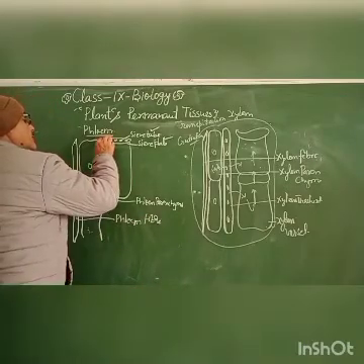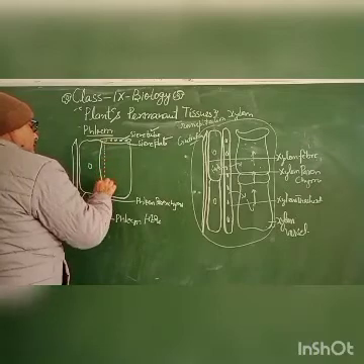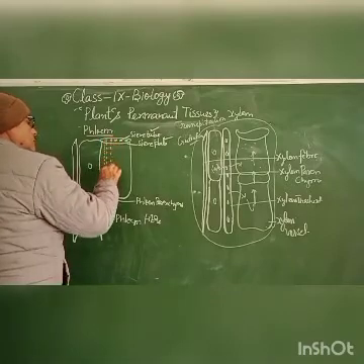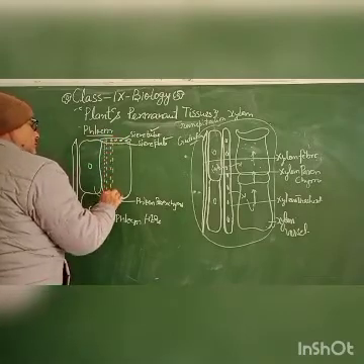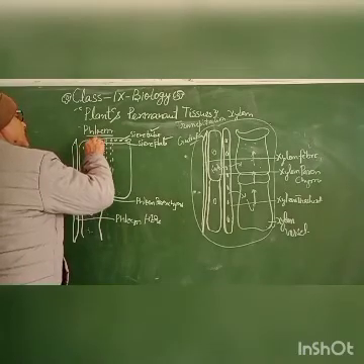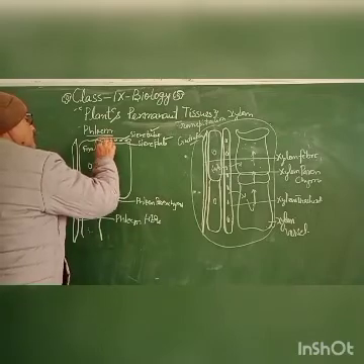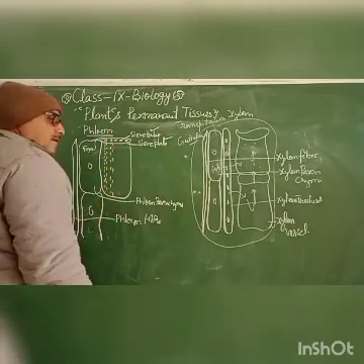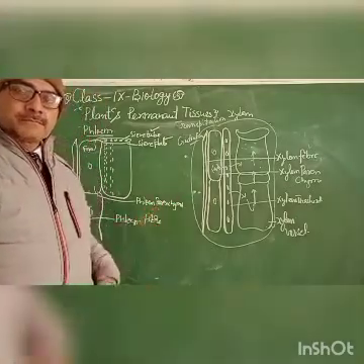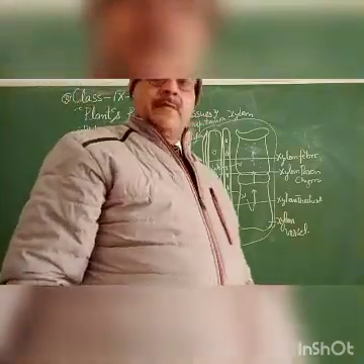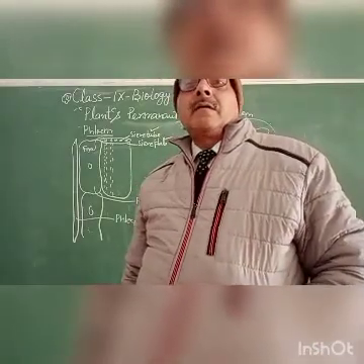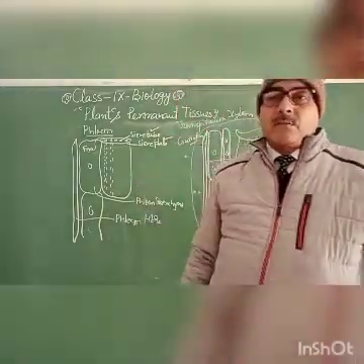So what is happening? This phloem has the sieve tube like this, the sieve tube like this, and since the phloem parenchyma has food, that food gets translocated, and it passes through the sieve tube, and the translocation of the food further proceeds wherever and whatever the quantity is required, that gets proceeded by this phloem.